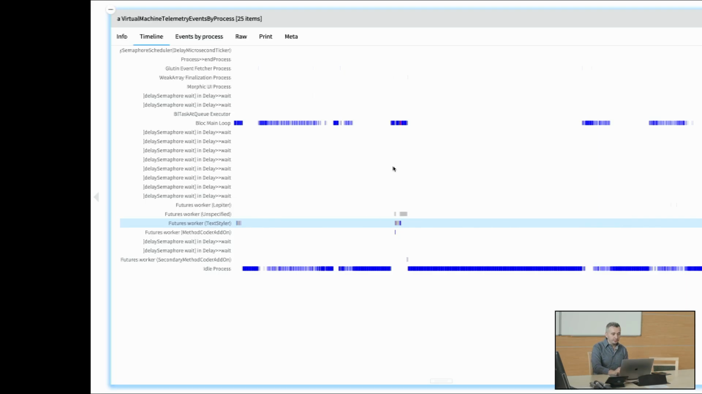And here, whenever you see a blue, it means the process was executing at that time. That process had control. Only one process will be active at a time, because it's not parallel. But then we're able to see exactly which process was active when. So if we select this process,